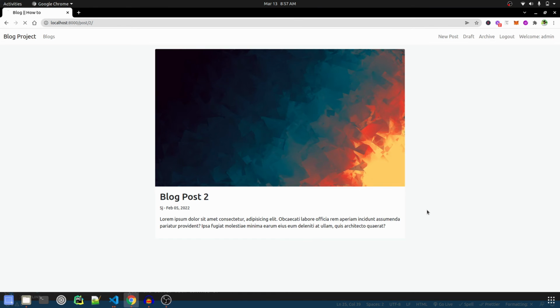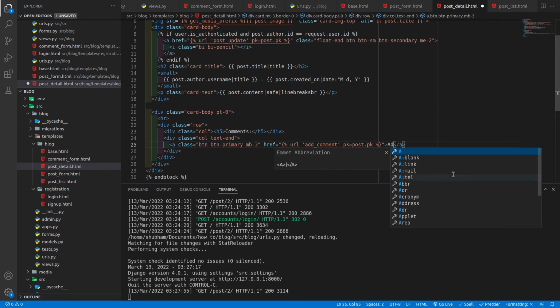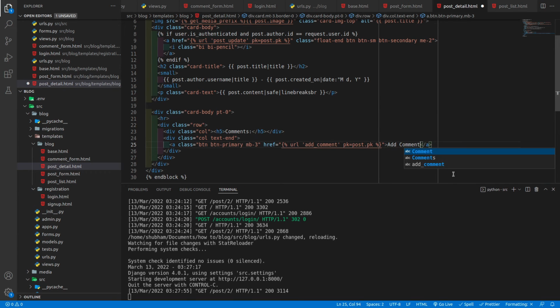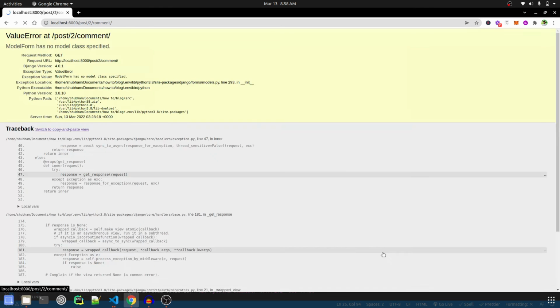I'll refresh the page. Oh, I have not added any text inside the button, so that's why the button is shown as blank. So let's add the text: Add comment. Refresh the page and there we go. We got the add comment button over here, and if we click on this,